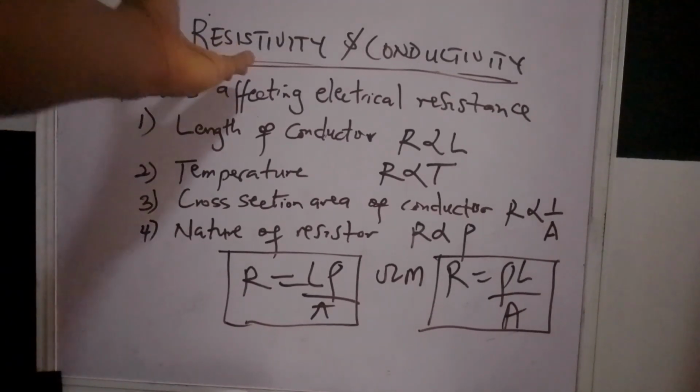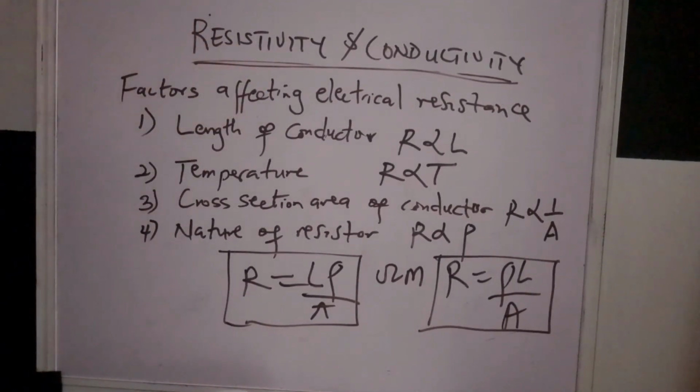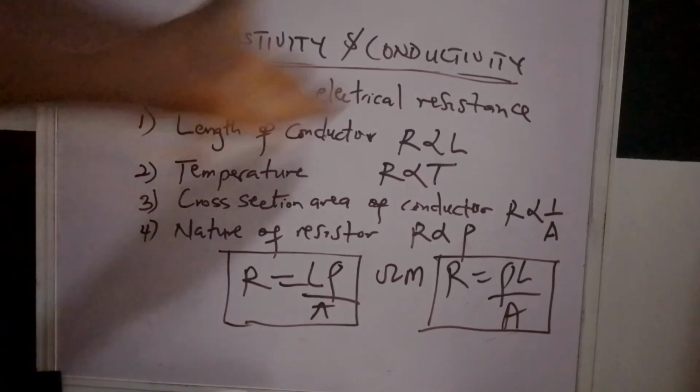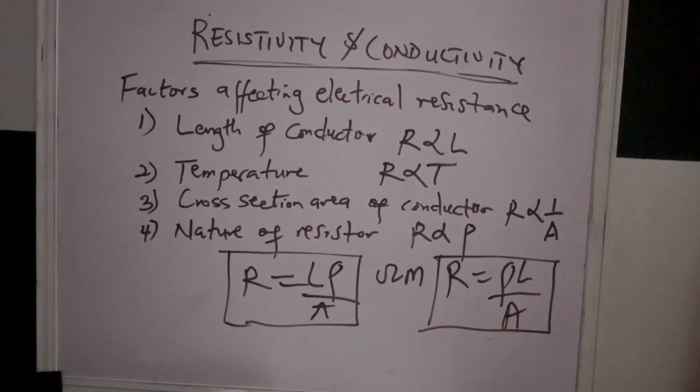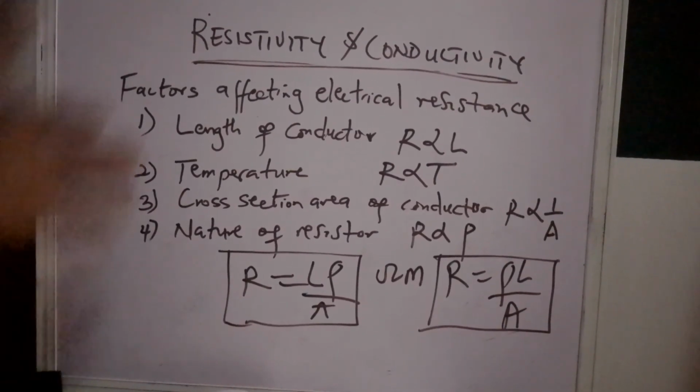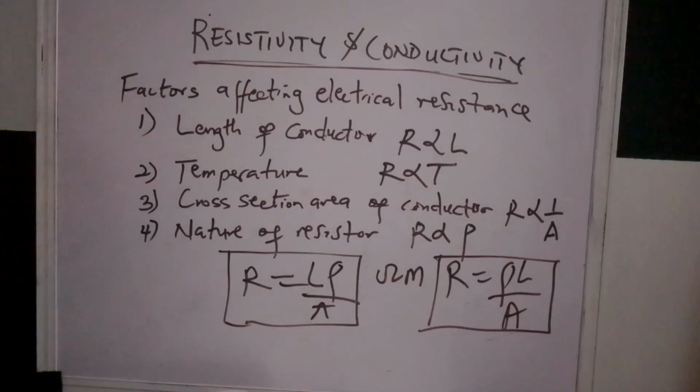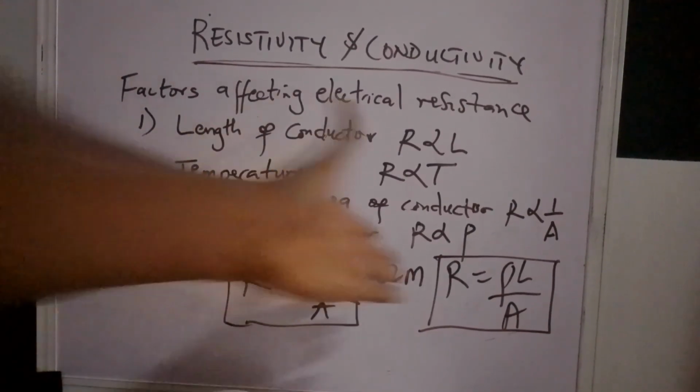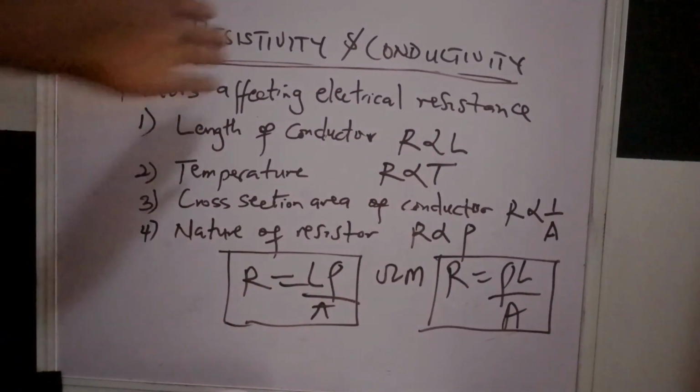If resistivity, from the word resistance, is talking about opposing the flow of current in a circuit, then conductivity is talking about allowing flow of current in a circuit. So in other words, we can just say resistivity and conductivity, they are inverse of each other. They are opposite of each other. So in order to generate a formula for that, we can now say, okay, if